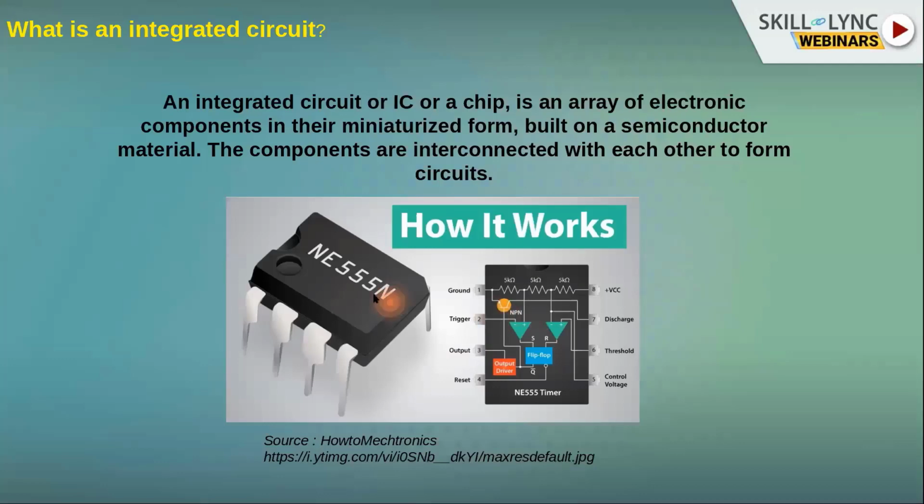But there is an easier way. Luckily, we have an IC where all these components that you would see in a discrete fashion sit inside this small package, and it works the same, and most of the time better than a discrete design. So essentially, ICs have made our life better by enabling the design of larger electronic systems quicker, more rugged, and more reliable. What we have are the passive and active components that make up an entire electronic circuitry built on a semiconductor material. Basically, most of the time it is silicon.